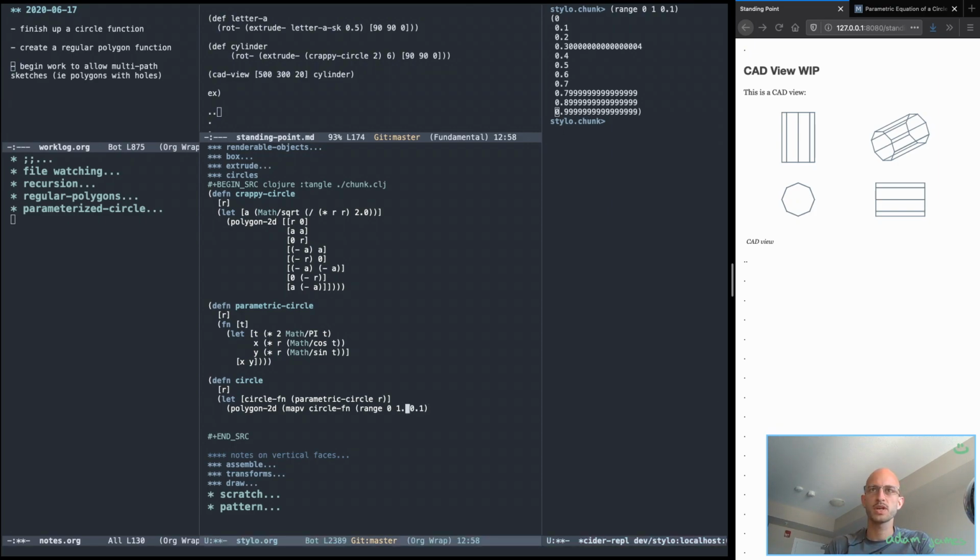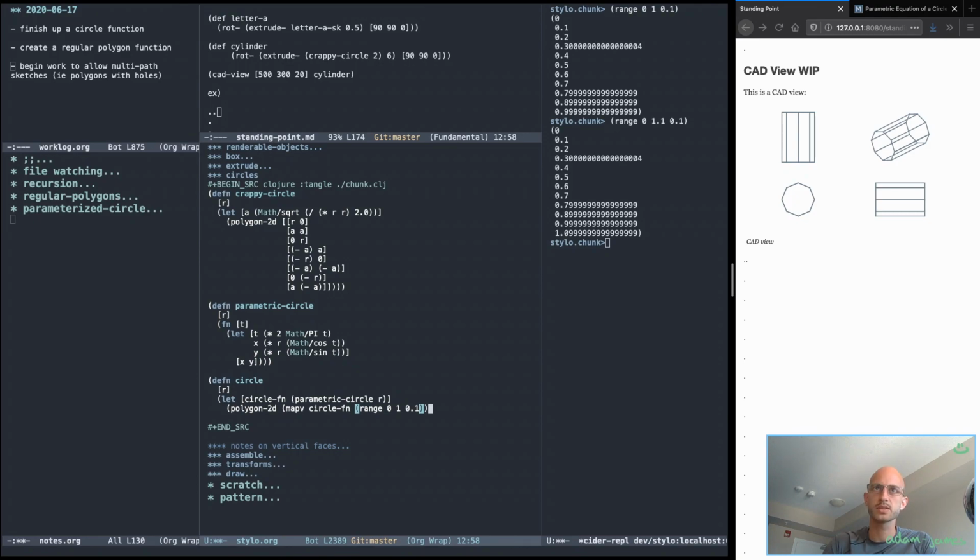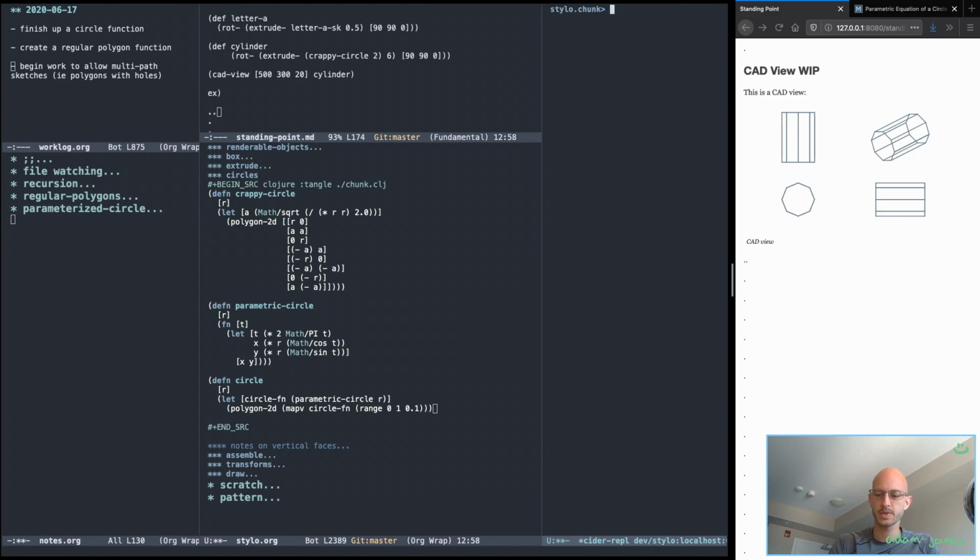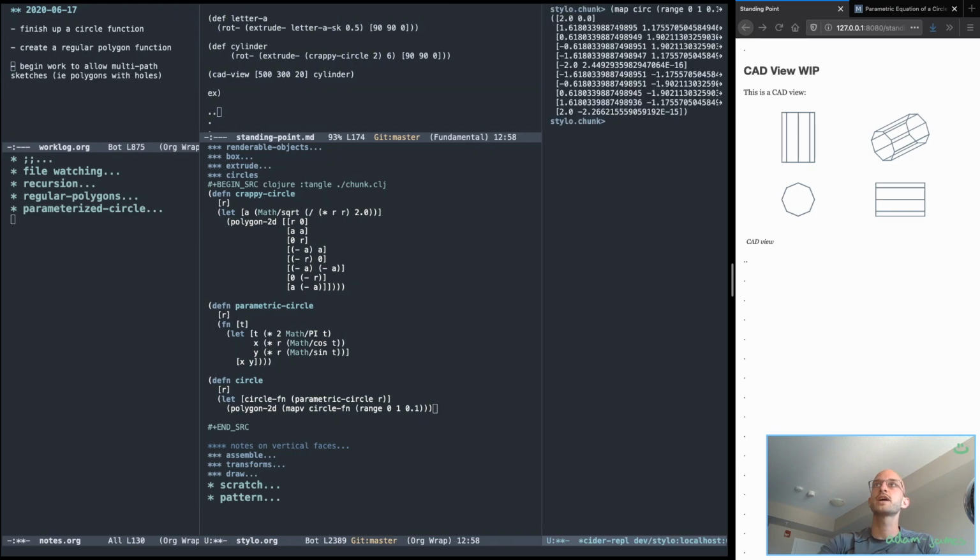So this range, would it have to be like that? Let me... no, this is too much. I don't need that. Well, okay, let's stick with this as a starting point. The range itself I might manipulate around, but the point is that theoretically, if I map circ onto range 0, 1 with a step of 0.1, that does in fact return a list of points,